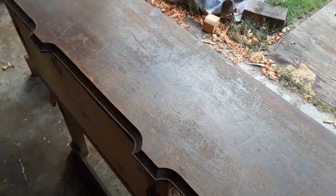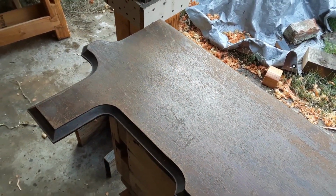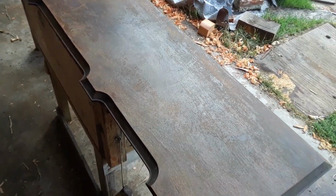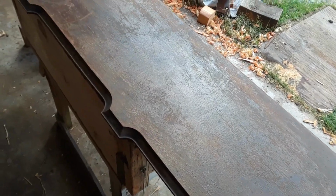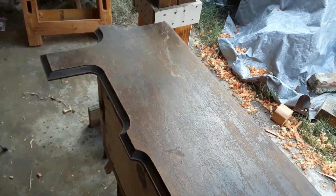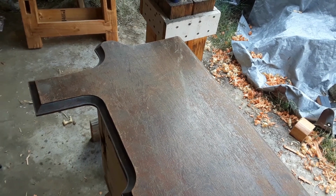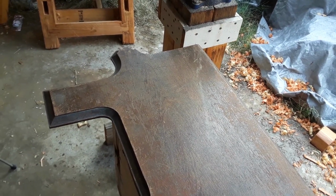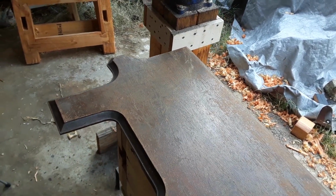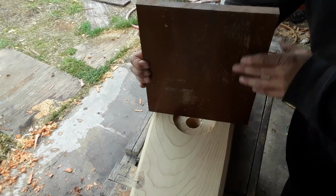I have come up with a solution to putting the stay in place, and it involves using this piece. This was a lid from an old pump organ that had fallen apart. I managed to salvage this one piece, and I do have plans for it in the future. But for now, I'm going to use it to make a spacer that will slide down with dovetails into the chop and become the stay. And after cutting it apart, it looks like this is my...